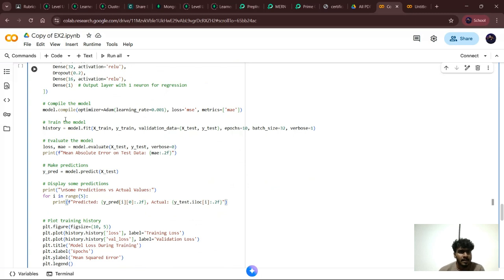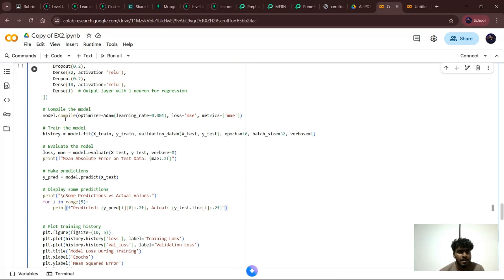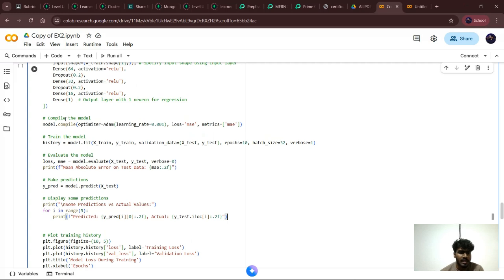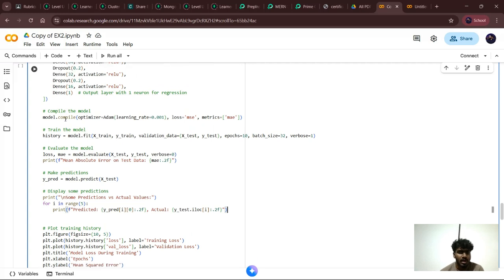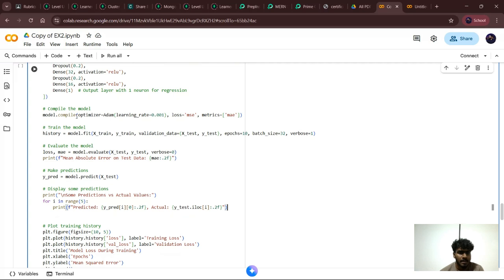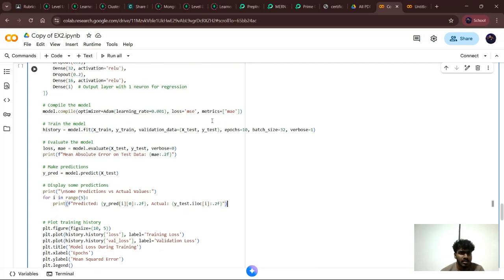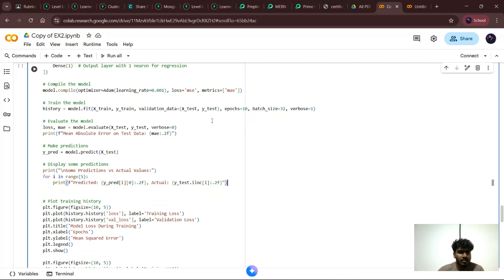Next is to compile the model. I used the Adam optimizer with a learning rate of 0.001 and a loss function, mean squared error, and metrics mean absolute error. Next, I am training the model using the fit method with epochs of 10 and